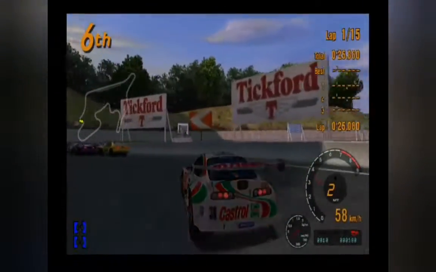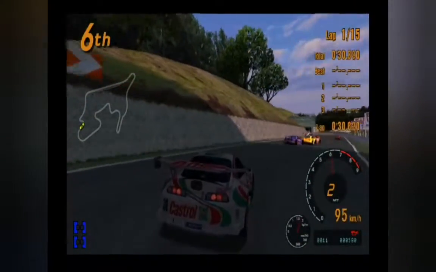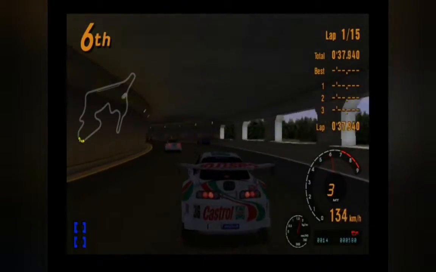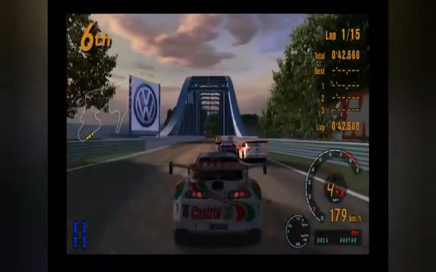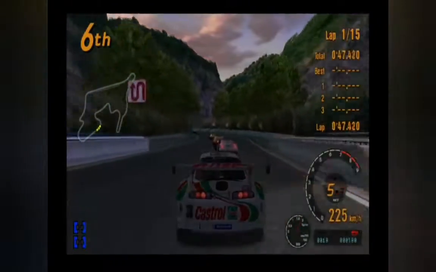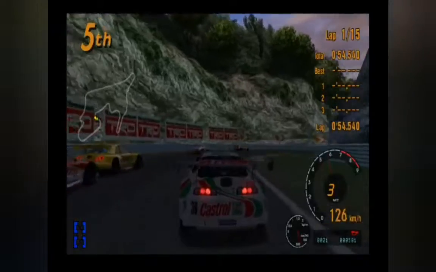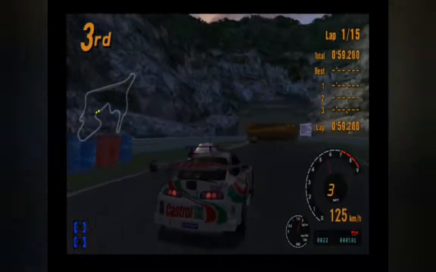And already everyone up front is getting sketchy. And, oh, okay, I think that was the Loctite Skyline that almost spun round on the exit of the chicane, as we now head through the first tunnel and across the bridge. And already I'm beginning to make contact with the GTR, who now moves ahead of the Honda Roadbrigg NSX. The Toyota Denso Sard Supra runs wide,